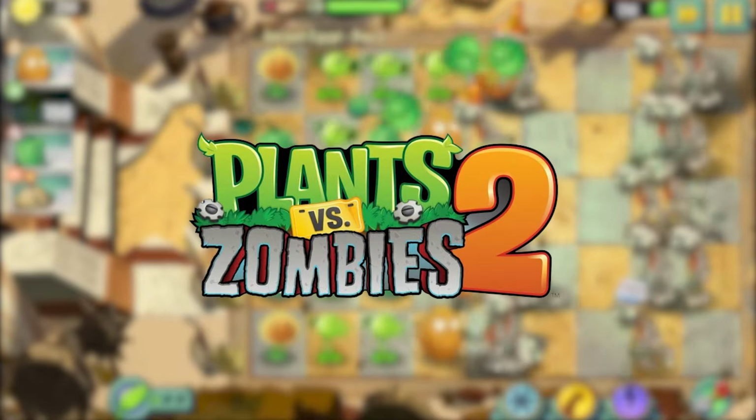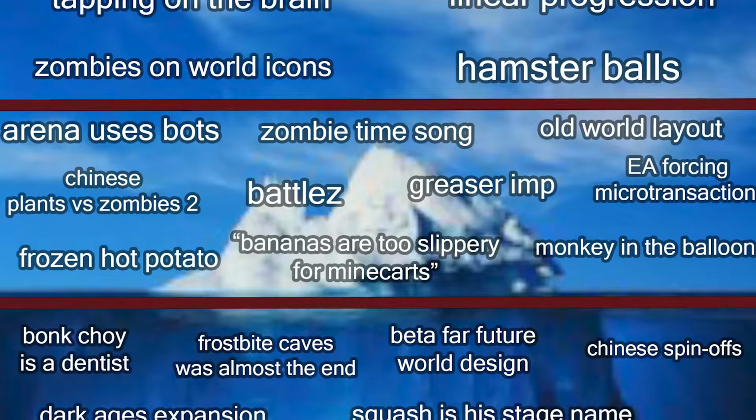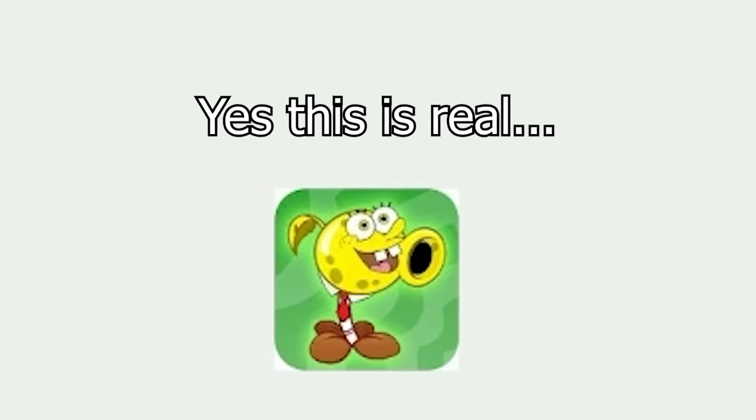Plants vs. Zombies 2, the sequel to Plants vs. Zombies, has so many hidden facts that are either hidden in plain sight or just lost in the void of the internet. So, for a second time,